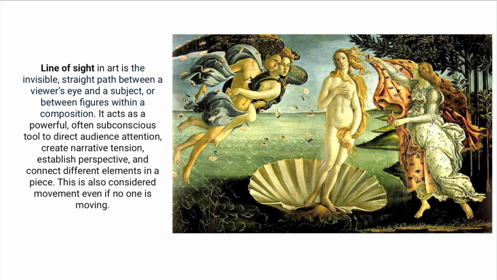Line of sight in art is a very subtle way to actually create movement. It can be a narrative tool. It can establish perspective. It can just do a lot of different things. And it is effective even if, and sometimes specifically because no one is moving. Like in this piece, it does feel like the characters on the left and the right are moving, but their lines of sight being guided towards our central character